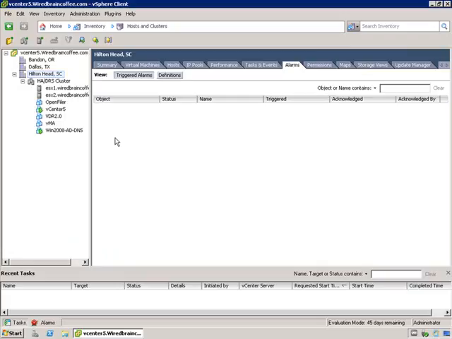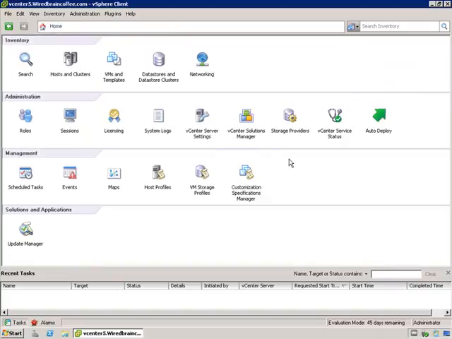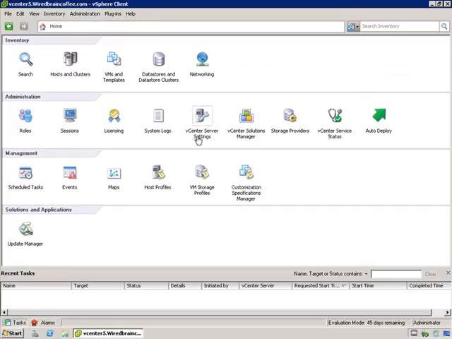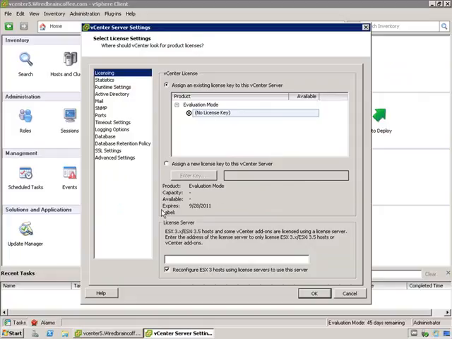All right, now let's take a look, and I've shown you this before in an earlier lesson, but let's take a look at where you can go to configure SNMP and SMTP for that matter. So you can come down here to Home, and you can most certainly go into the vCenter server settings, or you can get to it from the administration file menu here. I like to get to it from the shortcut, but if you click on it, you'll see that